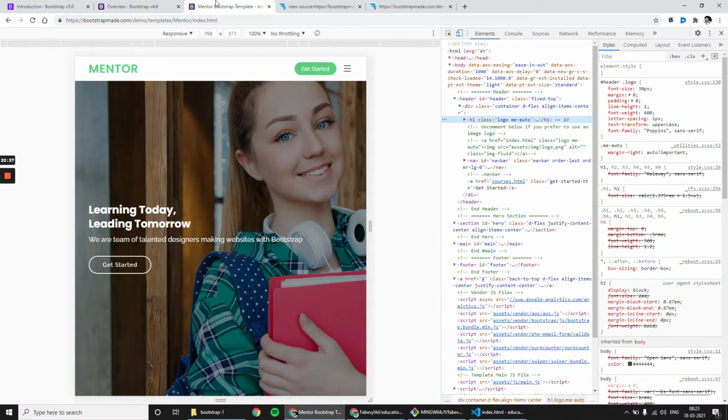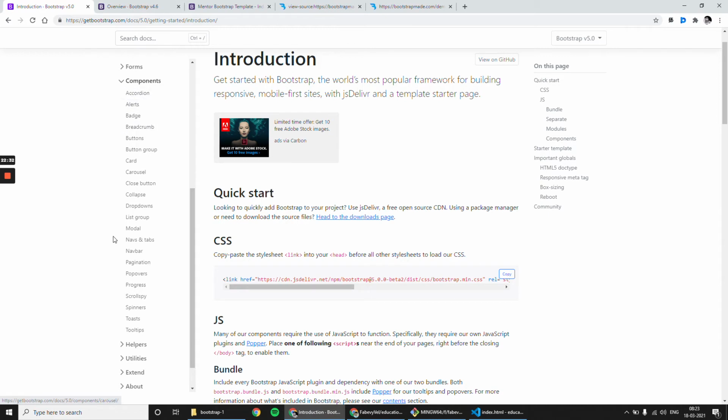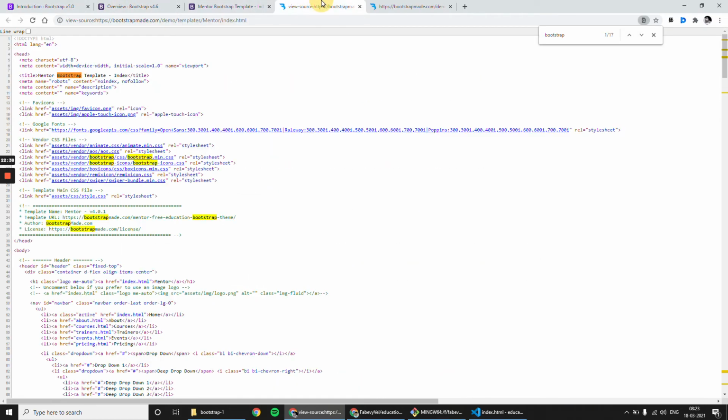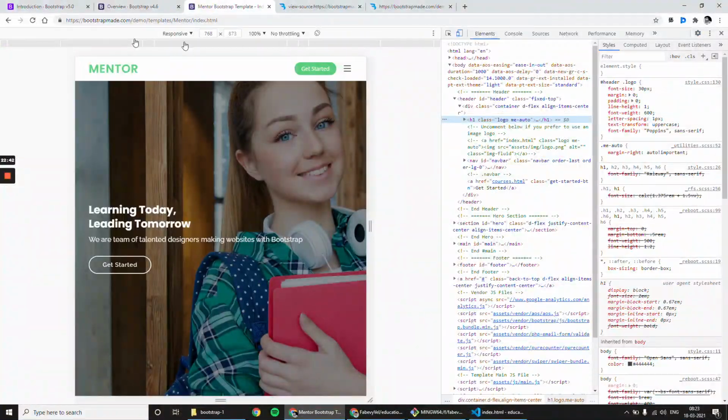So let me go back to our documentation and check whether there is any reference components available to develop this section.